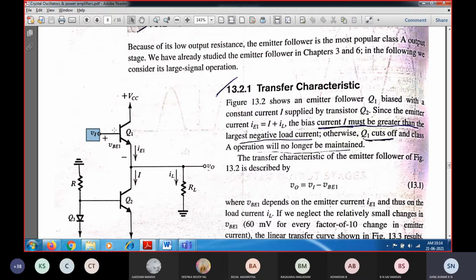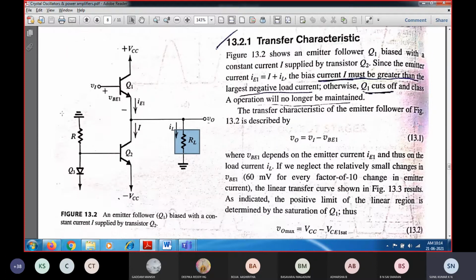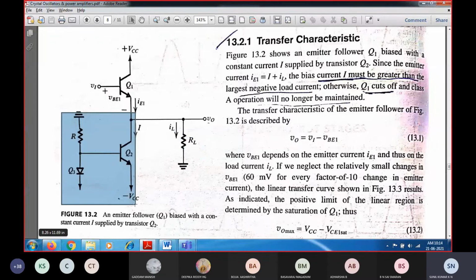So in that case, what will happen? For a transistor Q1, you can give the input at the base of the transistor Q1, and the output you are going to collect will be taken at the emitter, where you are going to connect a load resistance RL. So in this emitter follower configuration, for the time being just assume that there is no other transistor Q2, and the biasing of Q3, that is the reverse biasing of the diode Q3, as well as R is absent.